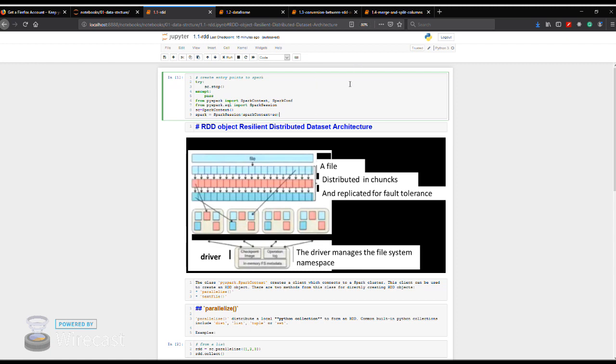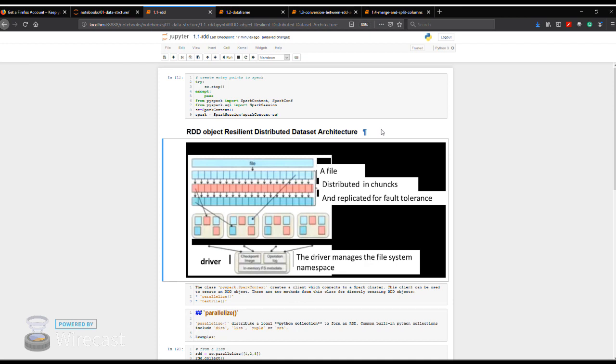Then we say from pyspark import SparkContext and SparkConf, and from pyspark.sql import SparkSession. We're going to say sc equals SparkContext, spark equals SparkSession, with the SparkContext being the SparkContext which we had defined up here. Okay, so